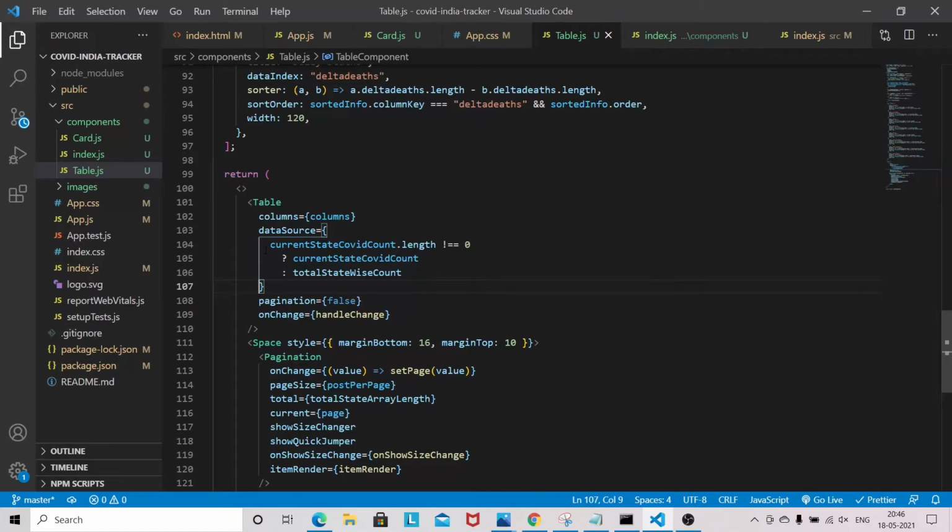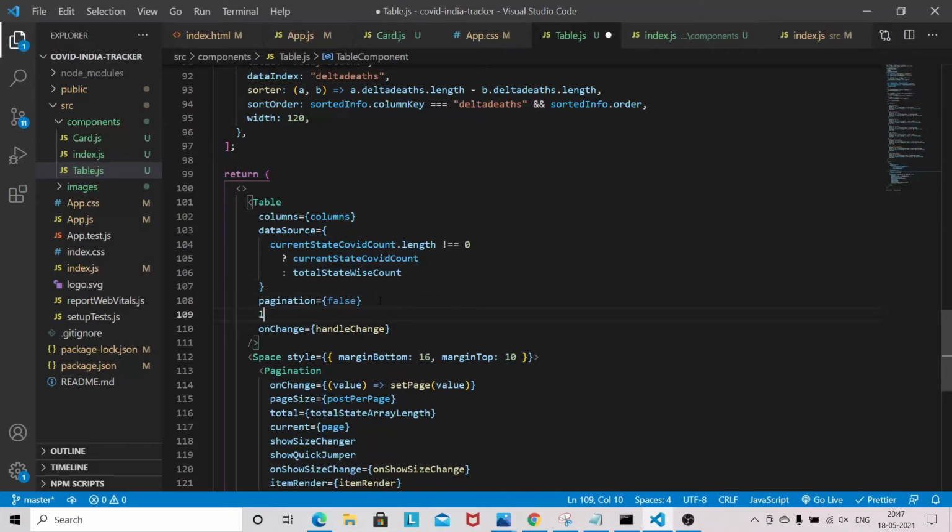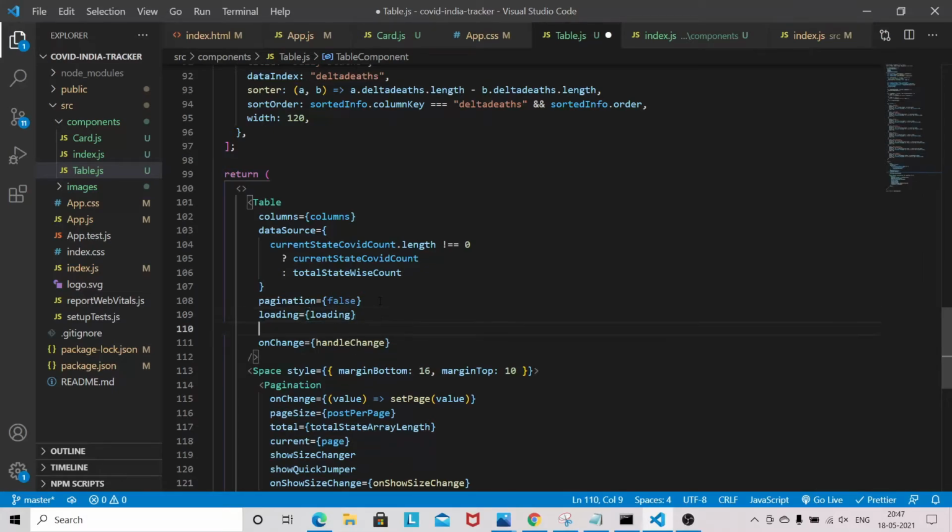This logic will change again when we implement the search functionality statewide. A couple of props we forgot actually. So loading, we have to give the loading which we receive from app.js. We provide the border, and I think everything we have provided.